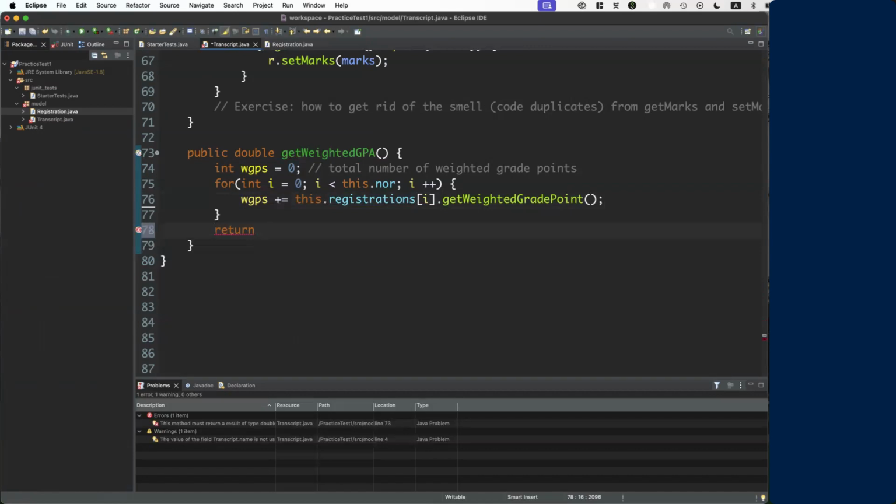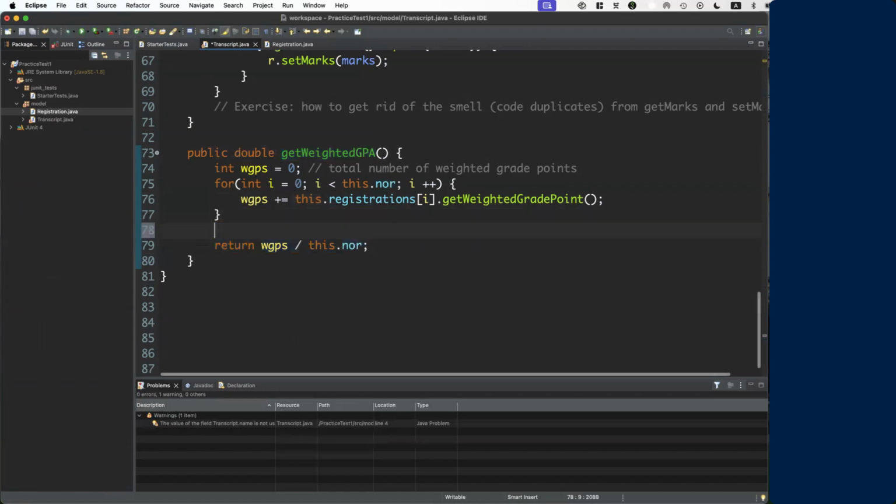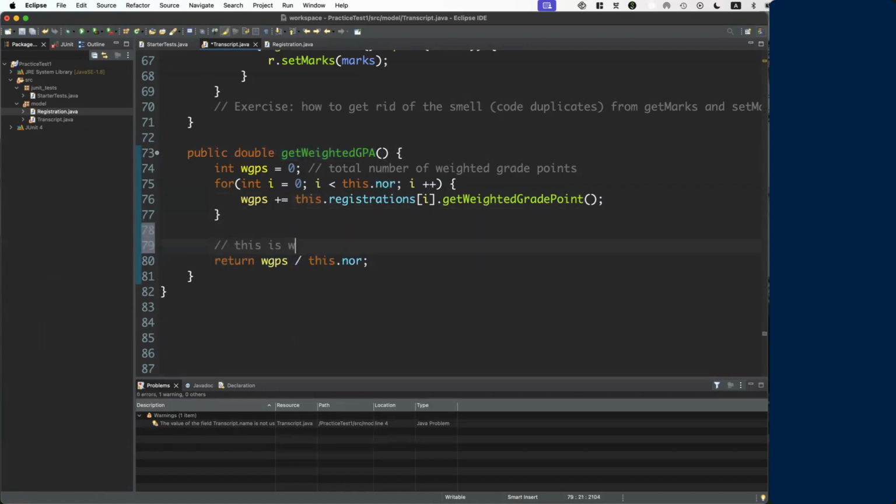right? Now, in order to calculate the weighted GPA, right? What we are missing is the A part, which is average, right? So if you only do weightedGradePoints divided by this.NOR, okay, this is wrong. Dividing an integer by another integer will only give